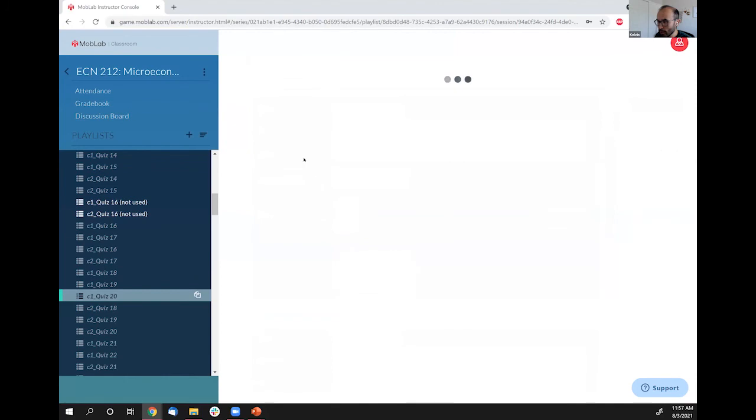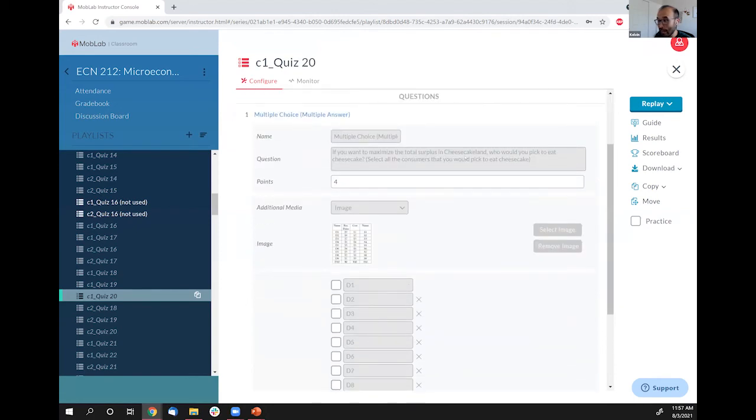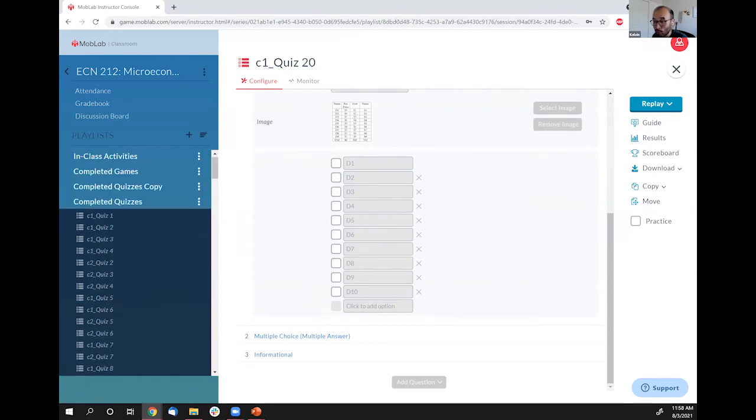But I'll show you maybe another quiz. A lot of times I just put the question right into the question itself. You can see here, I give the table and I ask them a question. So these are just some examples of quiz and survey questions that you can ask. You can add pictures, you can add videos, and whether you select correct answers or not is totally fine. In my class, everything is worth a point, every MobLab question, so it all adds up anyway. Whether it's a survey or a quiz, they still get a point for each question answered. So yeah, I use surveys and quizzes.